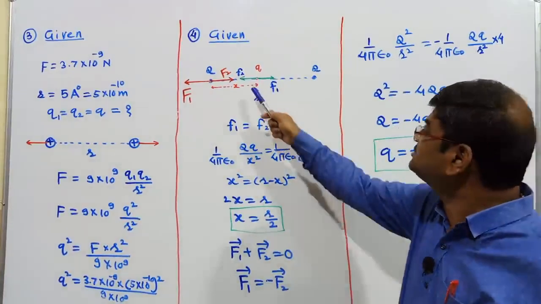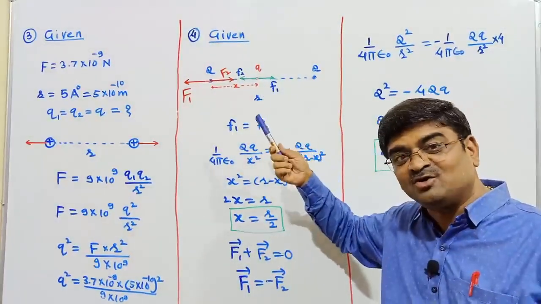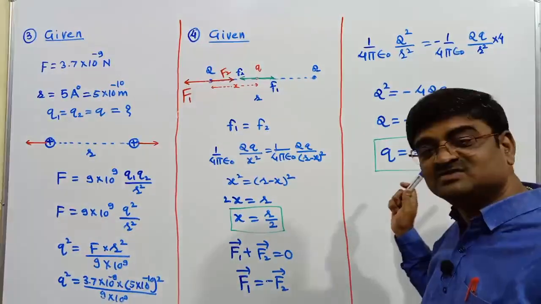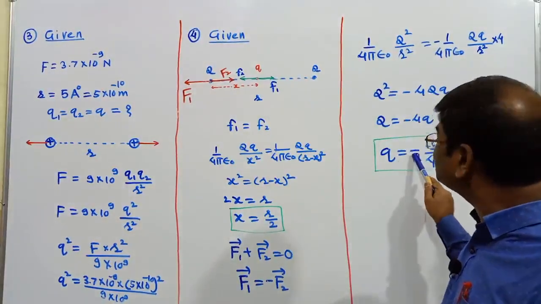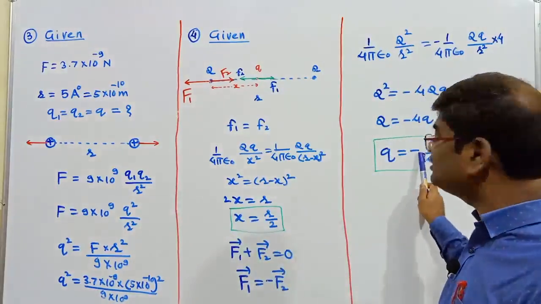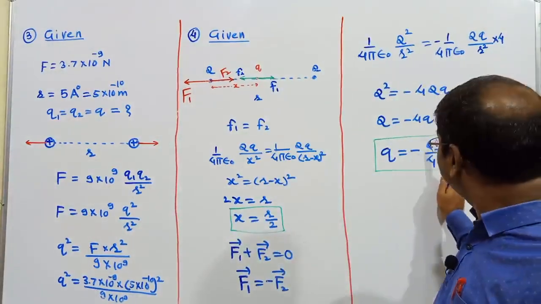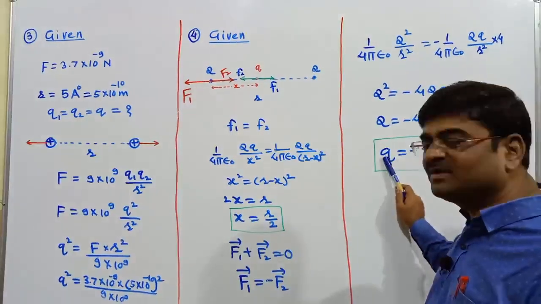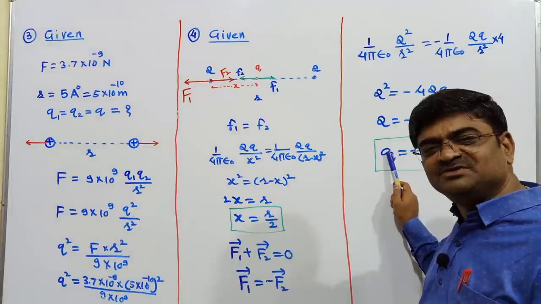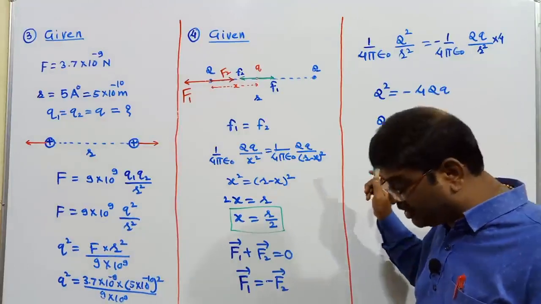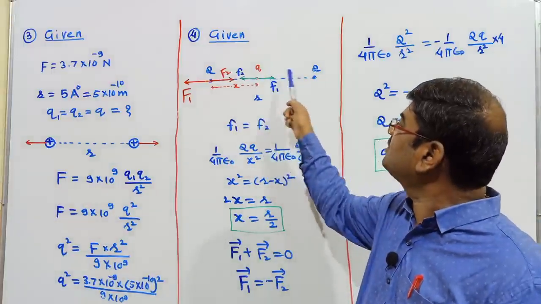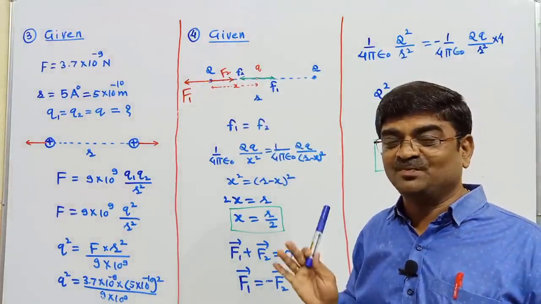And the third charge should have, as I already conceptually told, and that can be visualized via the negative sign, the third charge which has to be introduced here must be of opposite nature. If capital Q is positive, small q should be negative. If capital Q is negative, small q must be positive. And the location of the third charge I need to have at the midpoint between these two charges. Hope you got this.